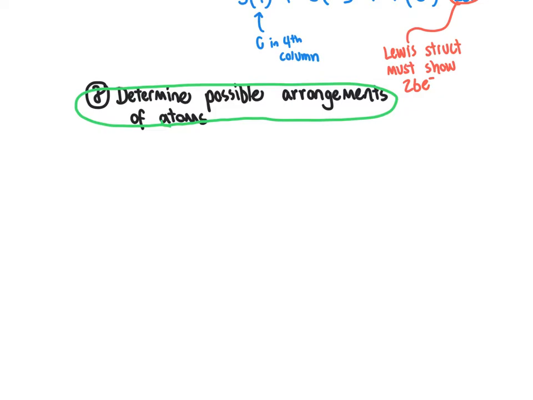That means how many carbon atoms or other atoms form a ring rather than a chain, and how many pi bonds, that is double bonds or triple bonds connecting atoms, that we have to have in a particular molecule. So when we're determining the possible arrangement of atoms, we can automatically determine the number of rings in the molecule plus the number of pi bonds, where a pi bond,